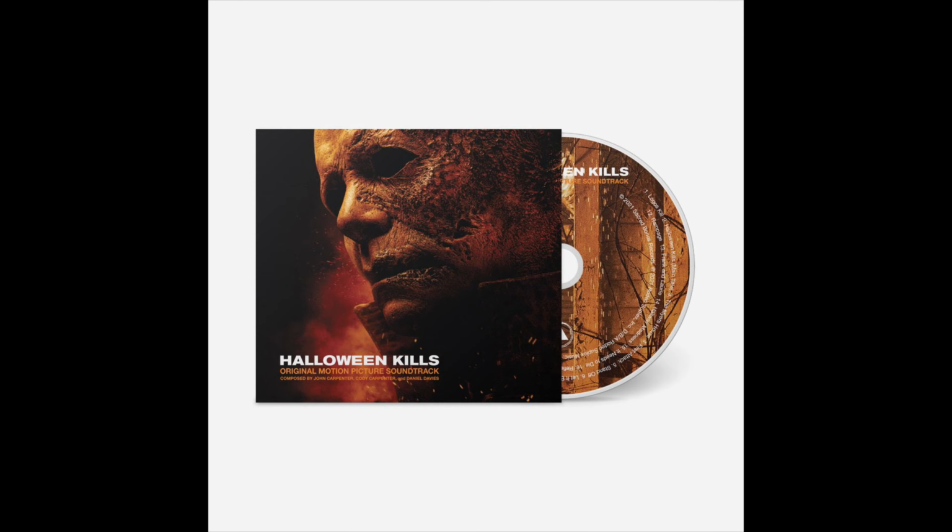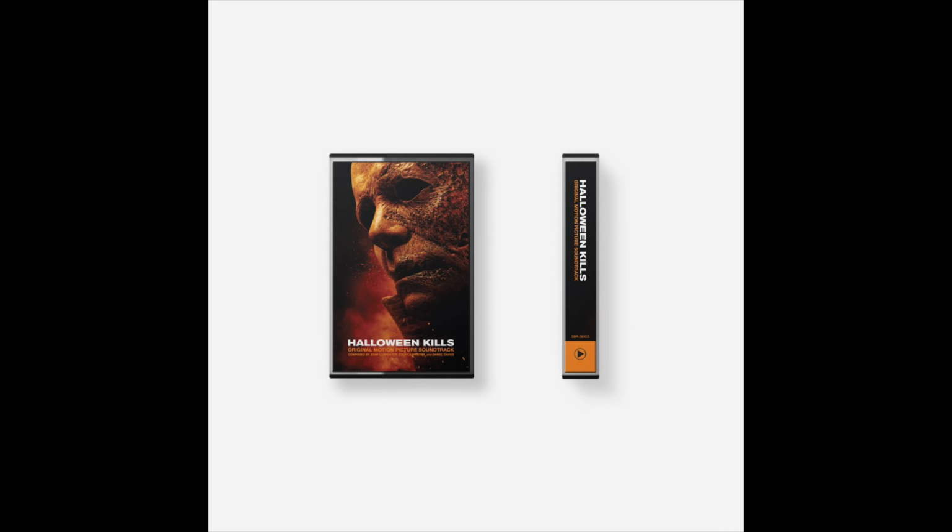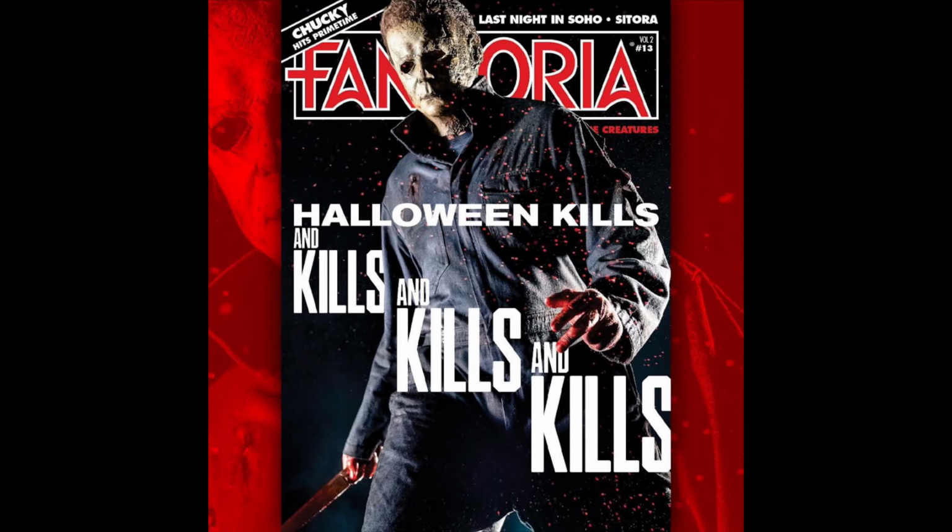And even cooler, they put out this sweet retro cassette tape as well. How badass is that? I don't even know if I have a cassette player anymore. But anyway, I thought that was pretty cool. Neat nostalgia. Anyway, okay, so in other Halloween news, there was also Fangoria released their Halloween cover,